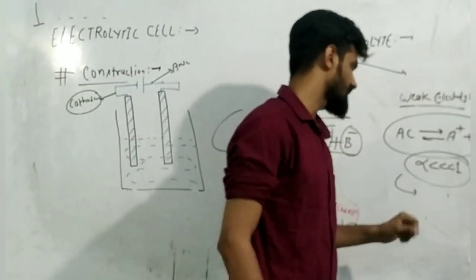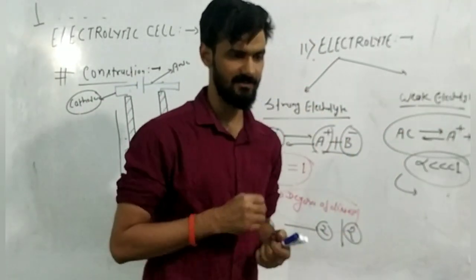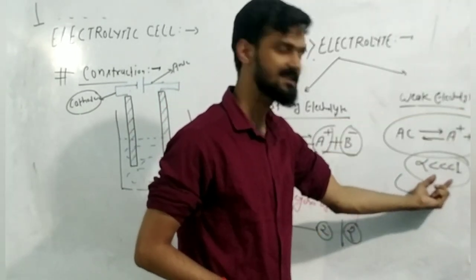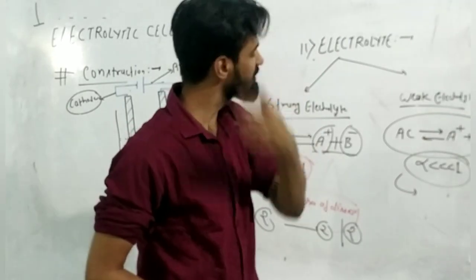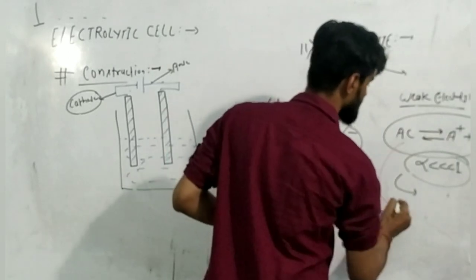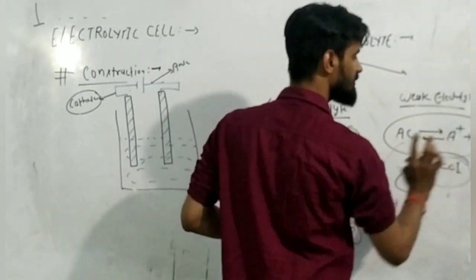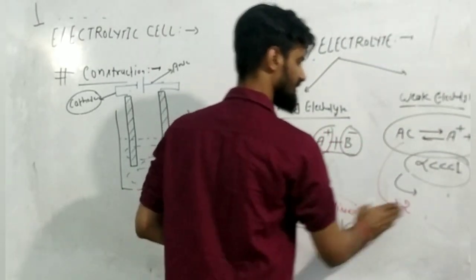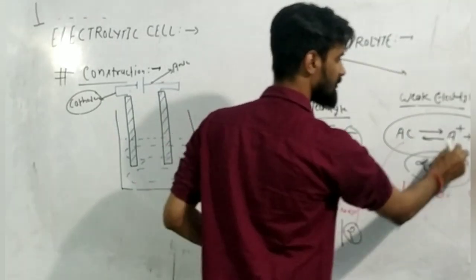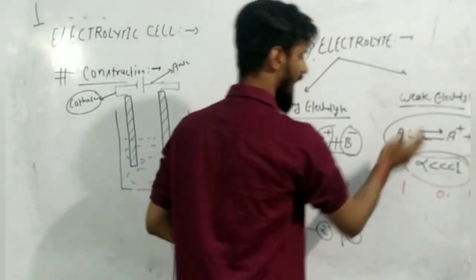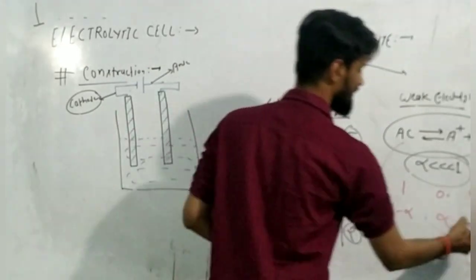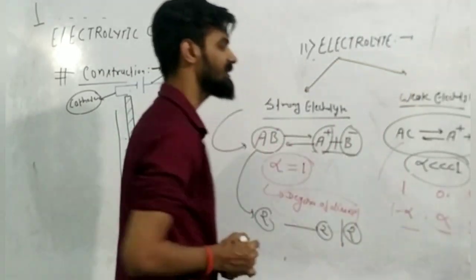When it comes to the weak electrolyte, it is feebly dissociable, meaning it is not going to dissociate 100%. The degree of dissociation I have written over here is very much less than 1. It may be dissociated 30%, 40%. So if there are 2 moles of AC, then you won't get 2 moles of A plus and 2 moles of C minus. For this electrolyte we write 100 initially, and A and C are not formed. After passing electricity, it forms 1 minus alpha, and it forms alpha moles of each ion. That depends on the degree of dissociation.